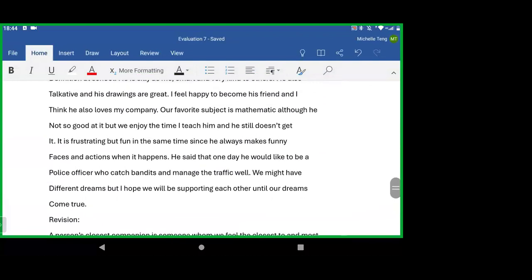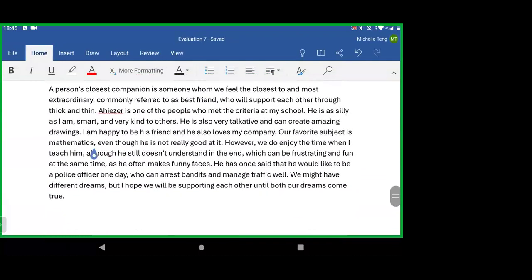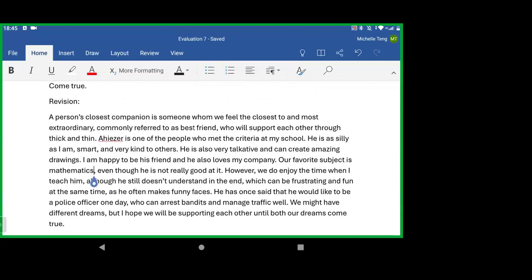So the sentence is a little bit long. And when I was doing this revision, I also made it really long. And then I decided to break this sentence apart. So after "not really good at it", I added a full stop. And then I use the word "however" as a conjunction to sort of connect it with the previous sentence. It doesn't necessarily open a new story, start a new story, I mean. Then yeah. However,